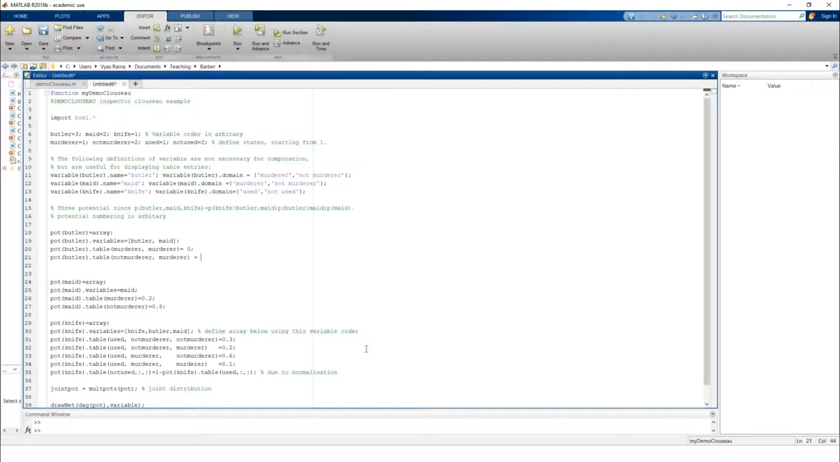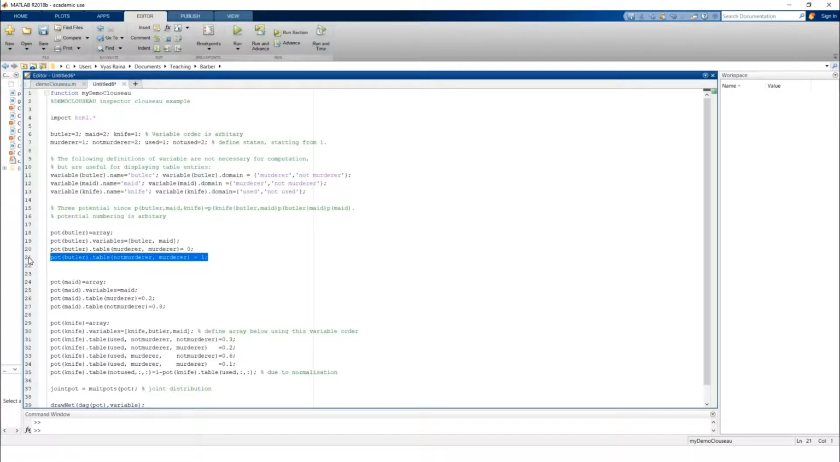This we can say is 1. There's 2 ways of going about it. One, we can say that it's 1 minus the value above, 1 minus 0, because that's how probabilities work. Or we can say intuitively that if the maid is the murderer, and we know that they both cannot be the murderer, then the probability that the butler is not murderer is 100%. Okay, now let's consider